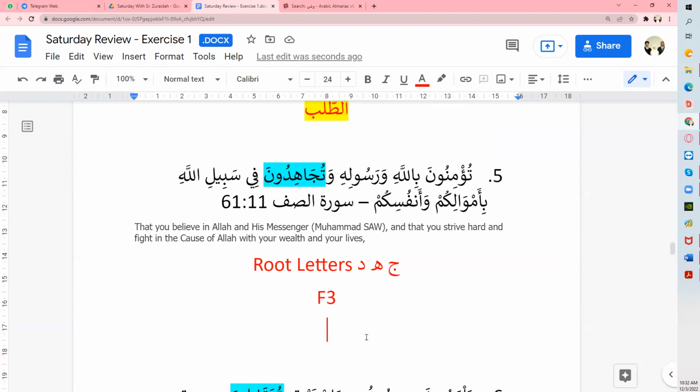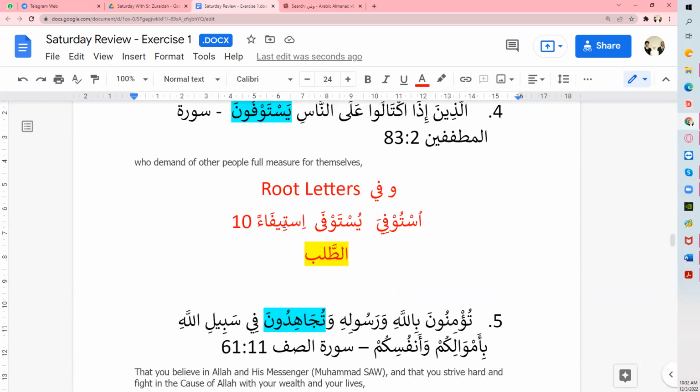Jahidu. Is this already passive? I think the ta in front is not part of the word. So it's jahidu. Okay, just give me the normal. You want to do the normal one first? Okay, jahada. The passive will be jahidu. Now there's something that happens strangely as well, like the way it happened here.